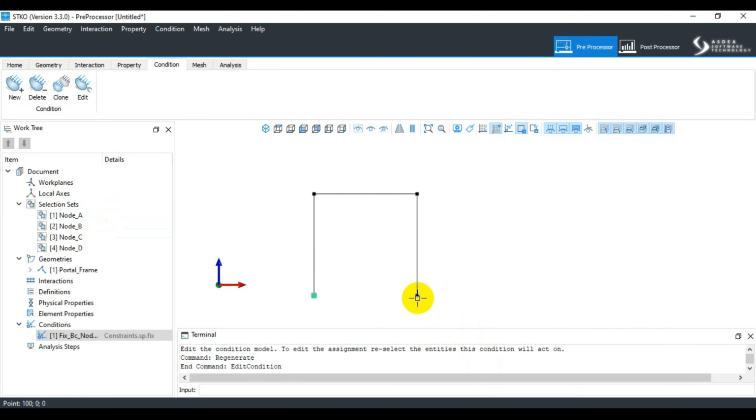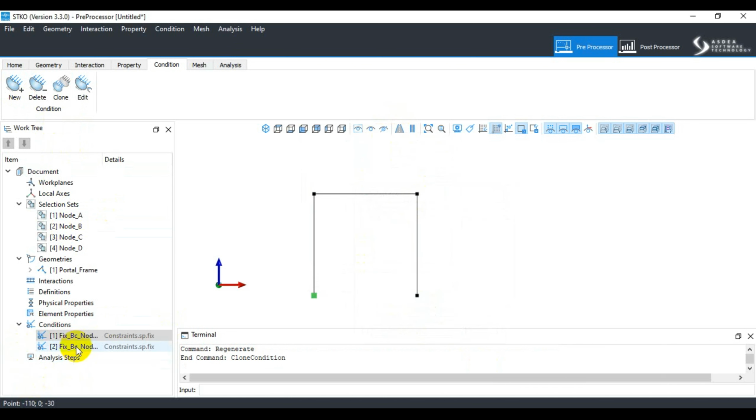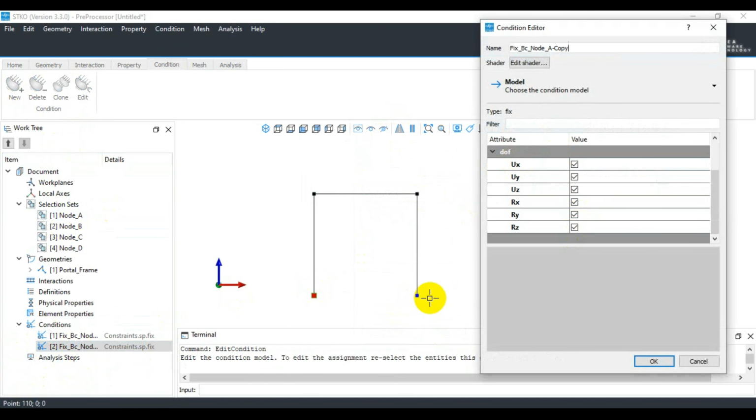Anyways, let's go to the second one and create a new one. We can clone it here as well. From this, we can take a clone and edit it, and we can assign a vertical roller here only, so UY and UZ. Let's make it a vertical roller. Let's make it a pin connection here. If it is pin, it means UX is restrained. Let's remove it and call it